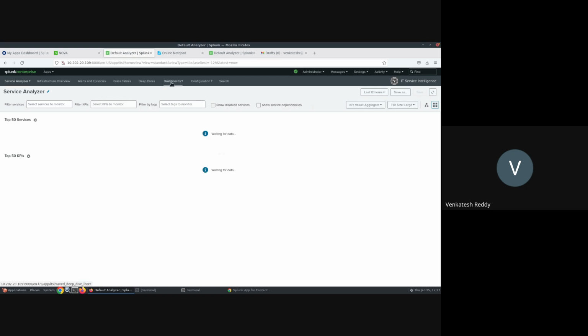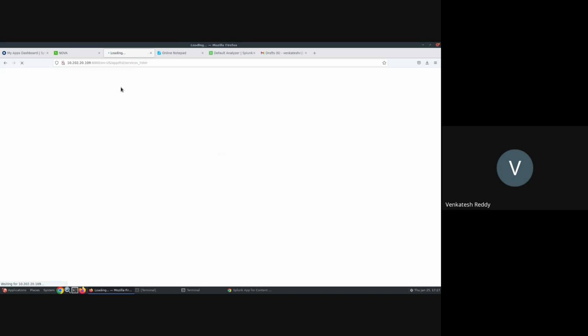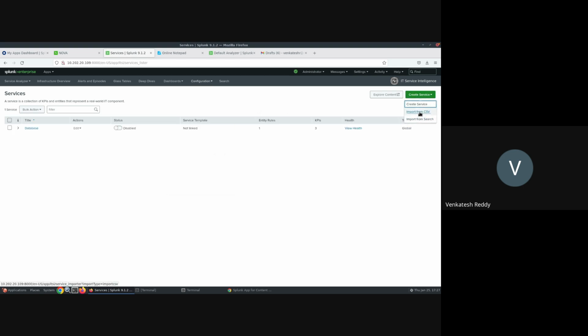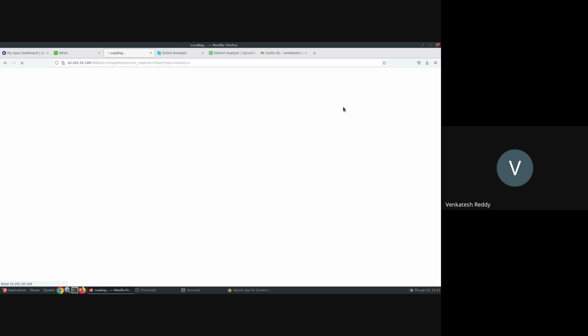So again, go to configurations, services, create a service, import from a CSV file. Or we can do it from a search.